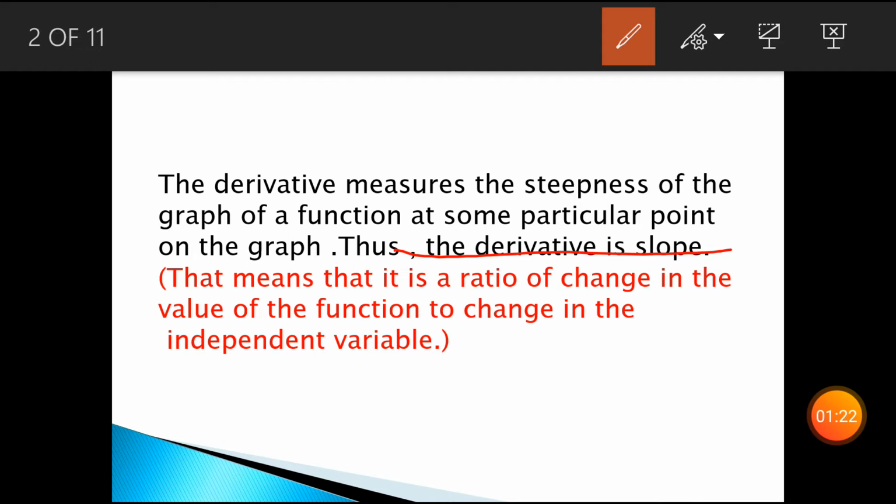Actually, this is just a reminder to you that don't ever forget the geometrical concept of differentiability, because it is very important and we are going to use it many times to solve the questions related to application of derivative. So this is just a beginning. This is the very first and very important concept for you, that derivative means slope. So keep this knowledge in your mind.